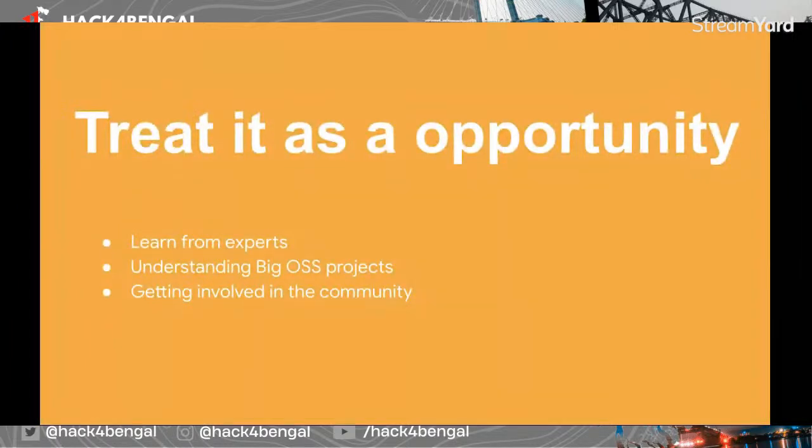So try to understand how to contribute to these big open source projects, what the procedures are, and how all the things work there. It is also a great opportunity to get involved in the open source organization you got selected to. If you get selected to GSoC, you will get more attention than other contributors, because you get a stipend, so they will expect some work from you.